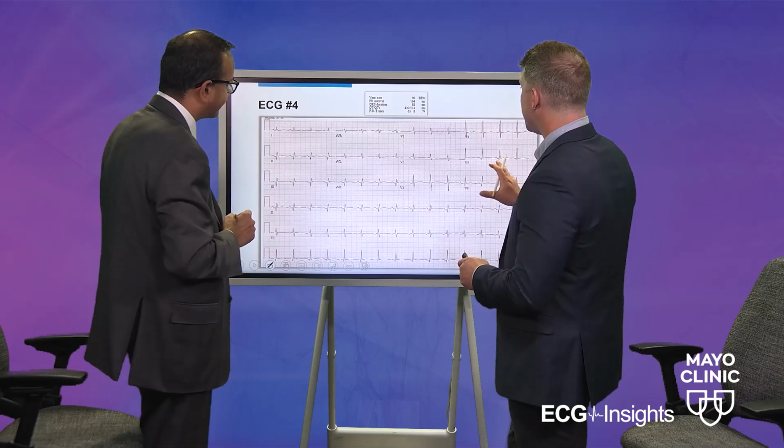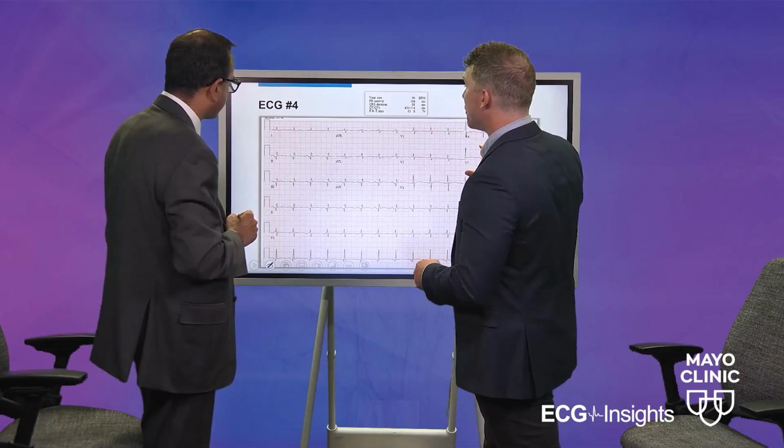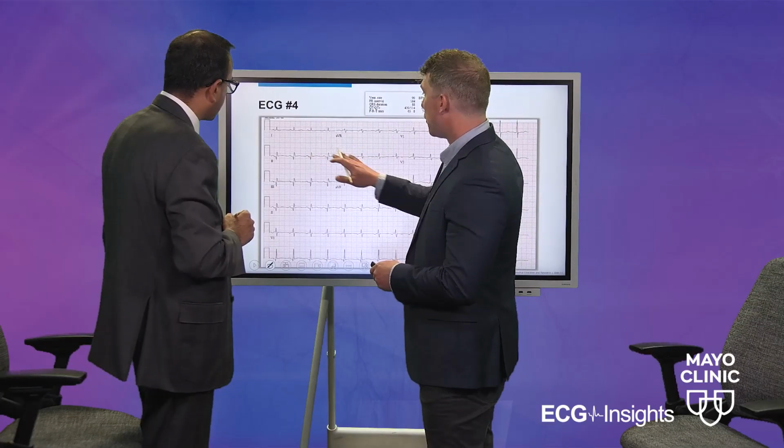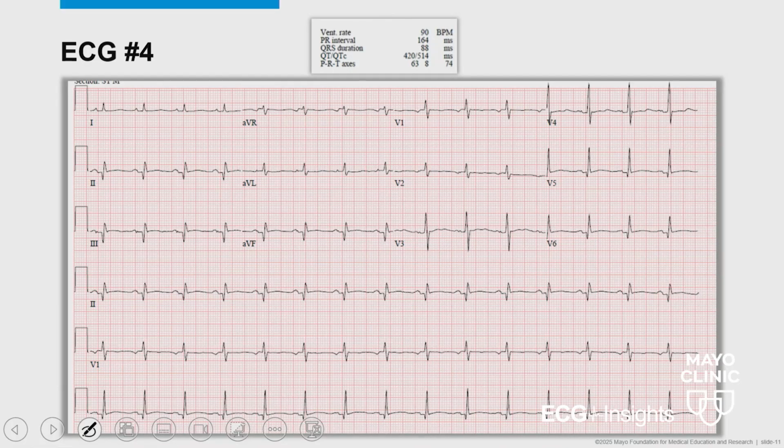Clearly, we do not have ST elevation, similar to that previous ECG. Looking in leads 1 and AVL, it appears to be pretty normal in terms of P wave, QRS, and T wave. In your inferior leads, you do see a little bit of an abnormality that sticks out to me, in terms of pathological Q waves. Looking at V1, V2, V3, the first thing that sticks out to me right away is a more prominent RS complex in V1. So if you're focusing on R wave progression, this is a pretty abnormal V1.